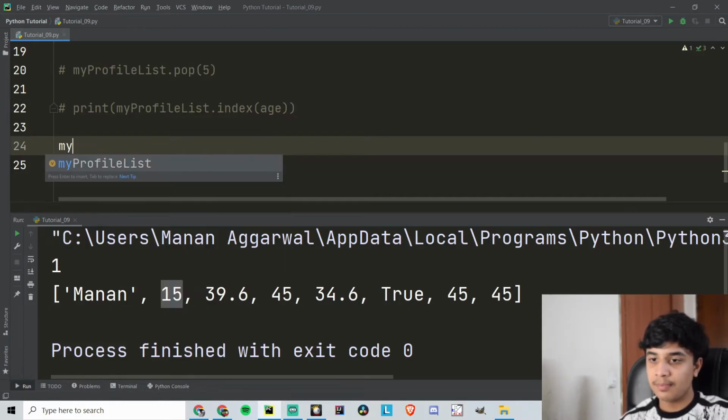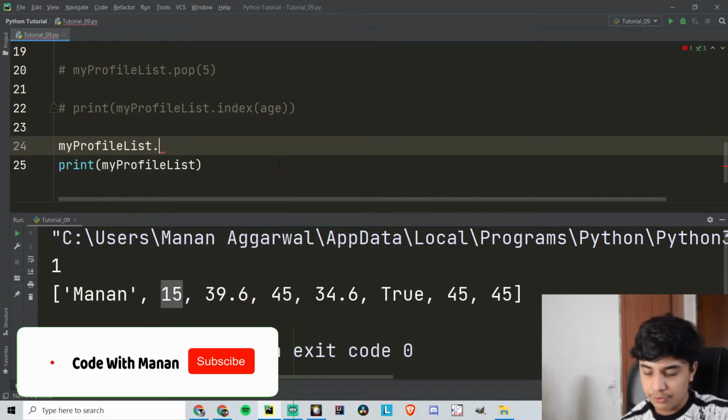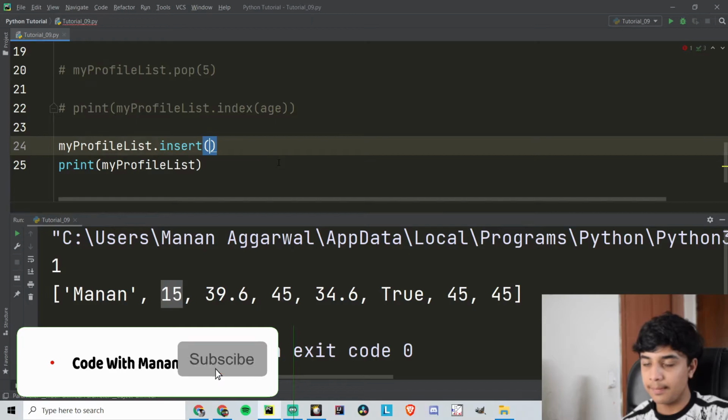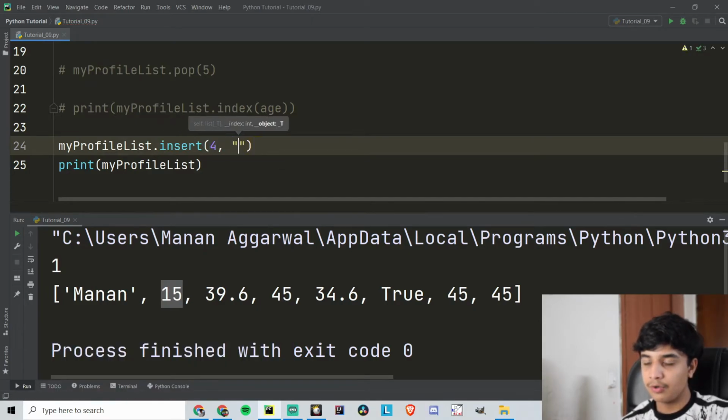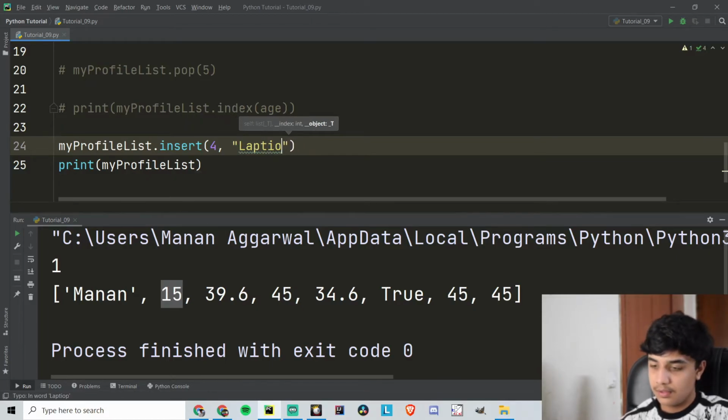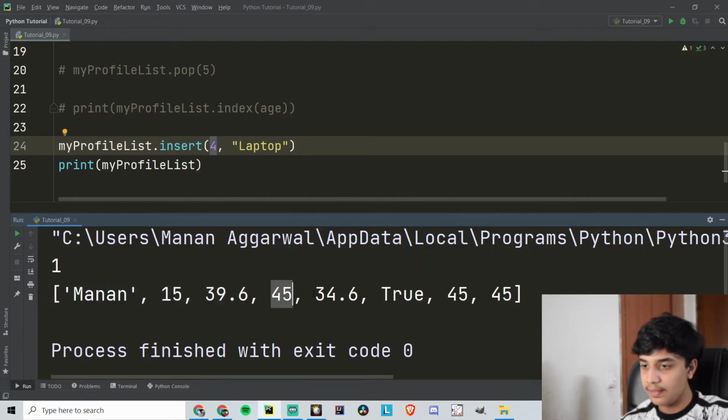Now another is my profile dot insert. Let's say I want to insert an element at the index value of 4, and I want to add, let's say, laptop. Then the laptop will be added at the 4th element, that is 0 1 2 3 and then 4.